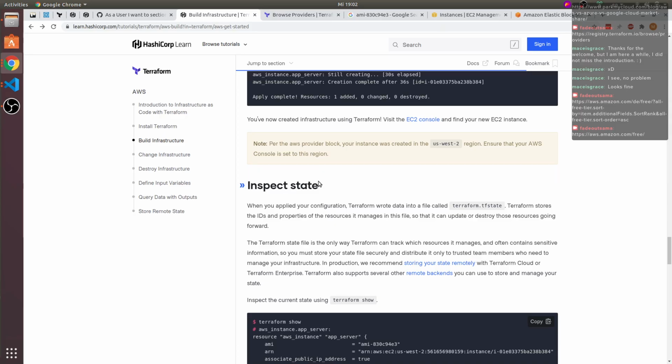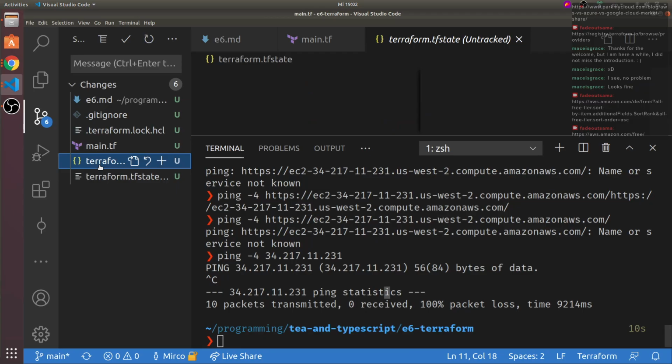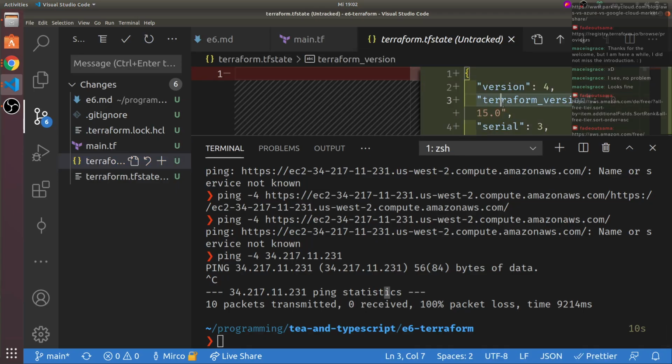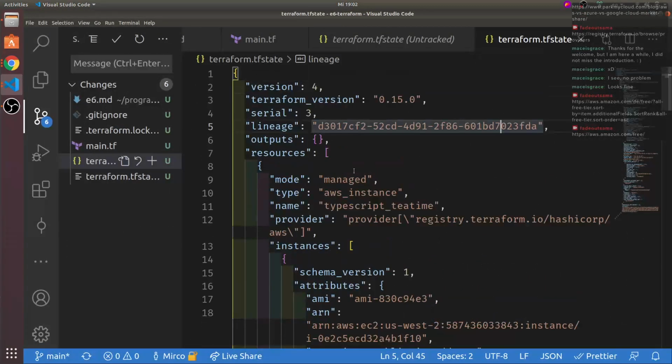One important thing here is that we now have state. Previously, the state was empty. So we do have this file terraform.tfstate, which contains, sorry, this one, which contains some private information. So I'm kind of worried about showing it. Give me just 1 second here. Yeah, I think it's fine. We will shut it down in a second anyway.